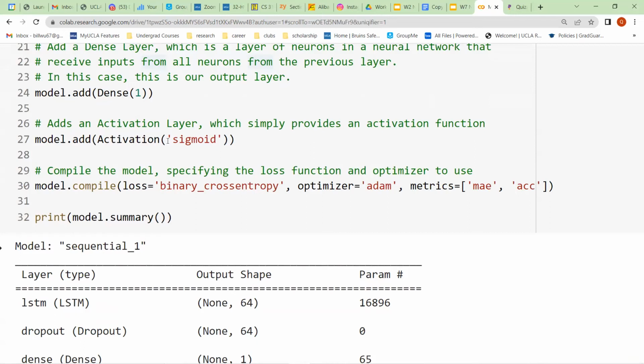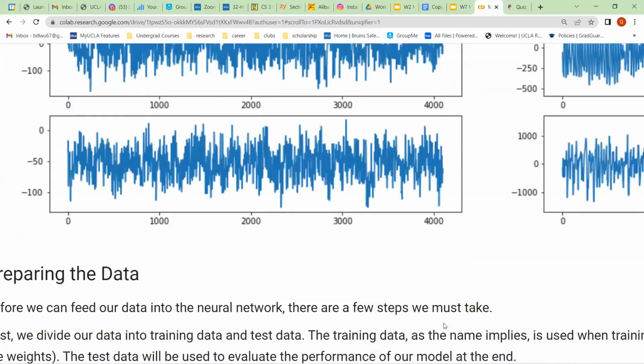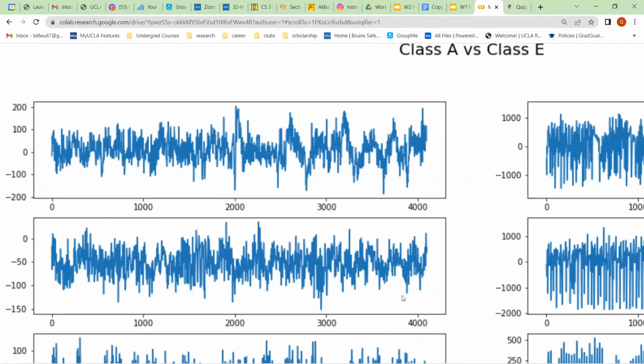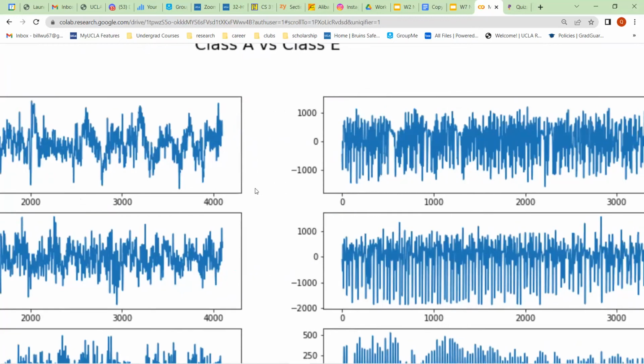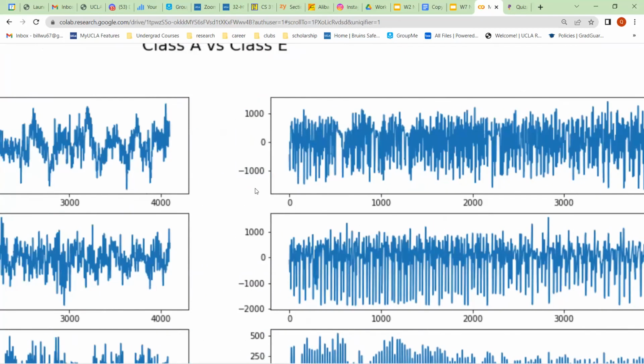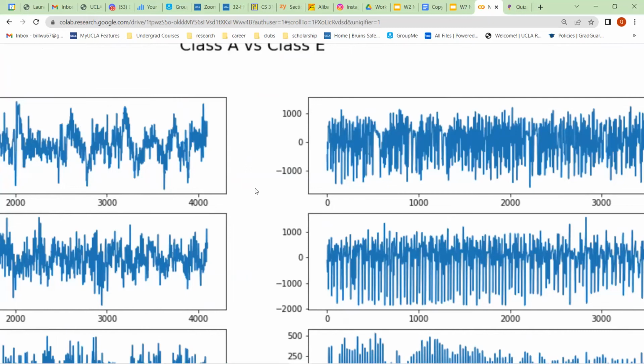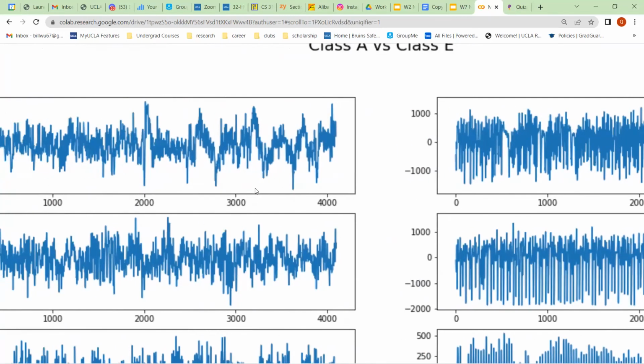It depends case to case, but for this model, most values won't fall in that 0.5 range. Although both of these signals are very noisy, you can tell there's much more of a pattern to the class E data set compared to class A, so there's a pretty clear distinction. When your data is much messier, that's when your activation function and finding a way to distinguish those edge cases becomes more important.